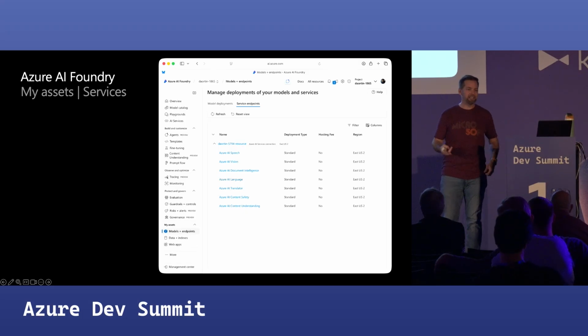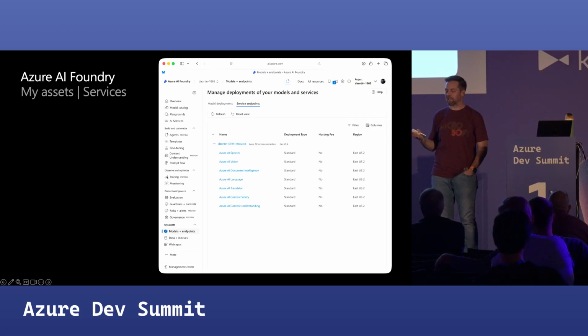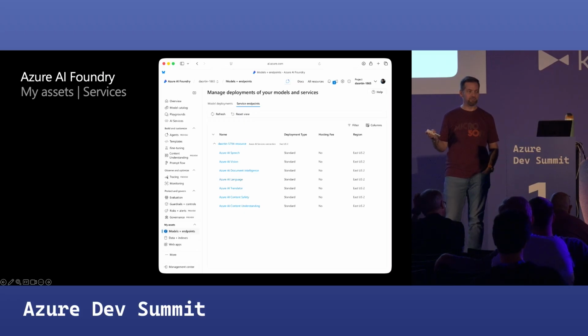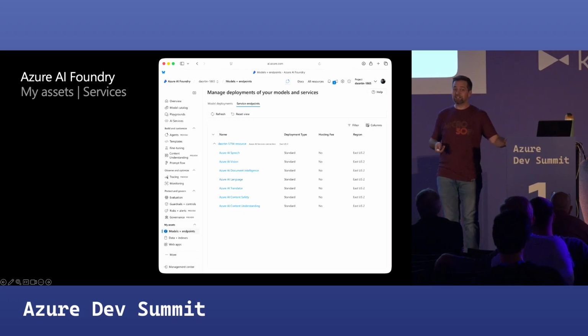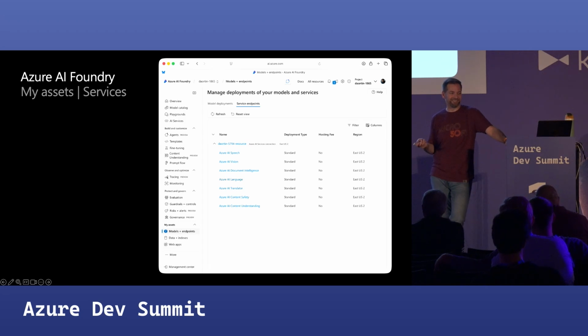Like, I did the first audio, video, visual cognitive services thing at a Build like 7 years ago or something. So it's been around for a while. AI is not a new thing. But we called it machine learning back then.